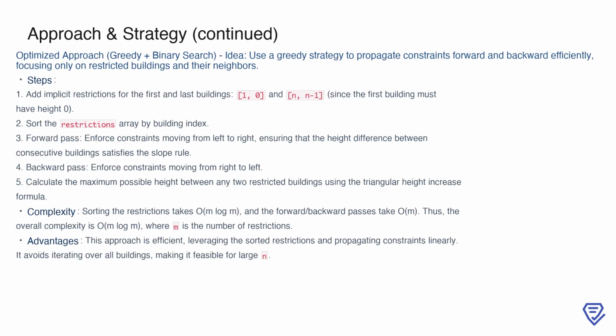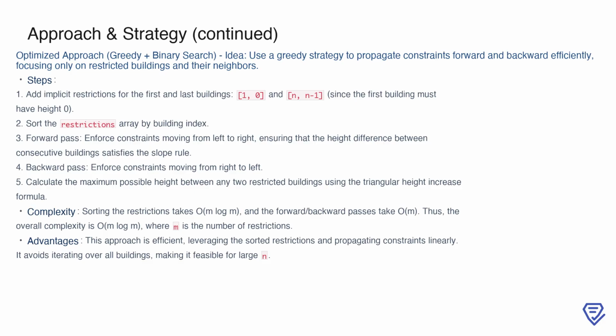Now, to overcome the inefficiencies of the brute force method, we can turn to an optimized approach that combines greedy techniques with binary search. This strategy focuses on the restricted buildings and their neighbors, allowing us to propagate constraints in both directions more efficiently. The process begins by adding implicit restrictions for the first and last buildings. For instance, the first building is restricted to height 0, and the last building has a maximum possible height of